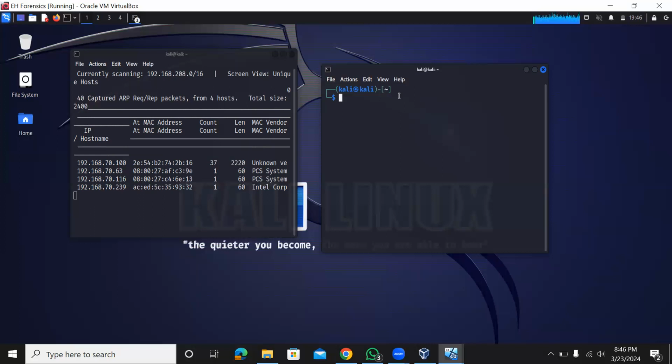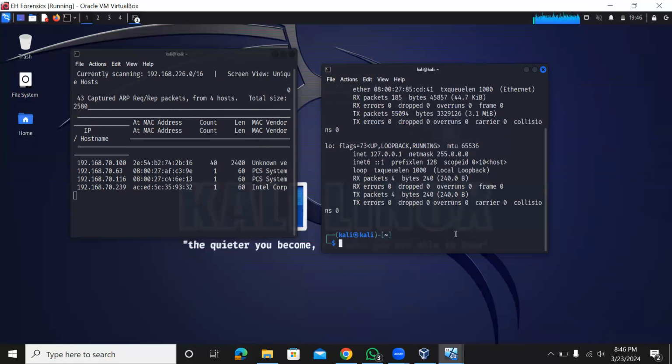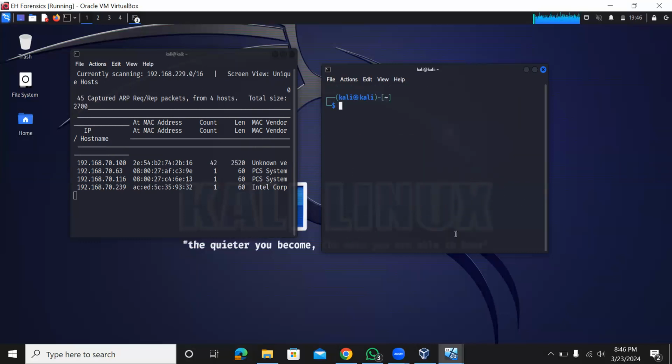I want to do it limiting only to the IP address we are sitting on. Let's do ifconfig to see. The network we are sitting on is .70, so .70.0, we can do that. We can say, okay, nmap dash A dash sS, right? Then let's do this